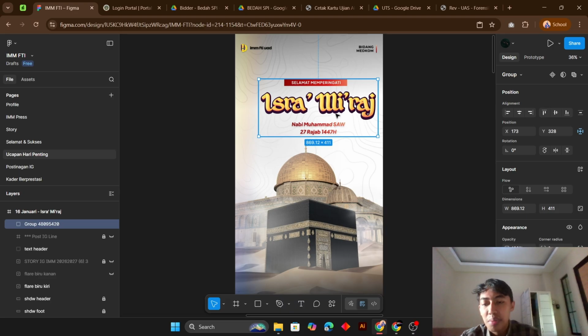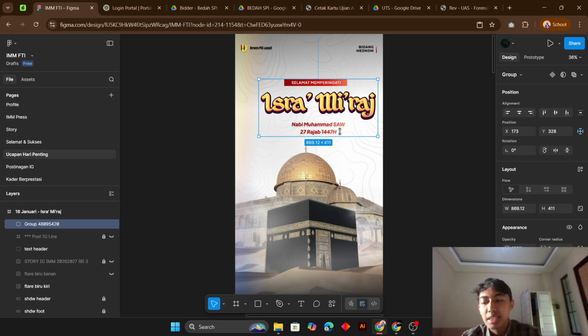For the main Isra Mi'raj title, use a bold rounded font with a purple glow gradient and a big white stroke to make it stand out. I add a red Selamat memperingati banner at the top for emphasis.